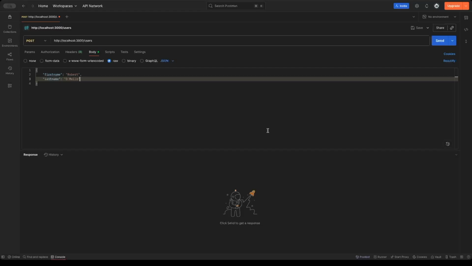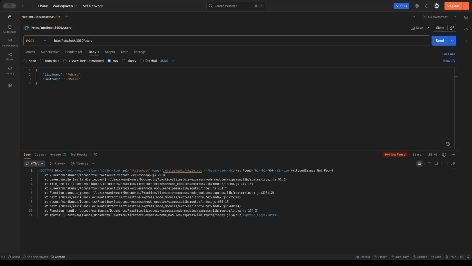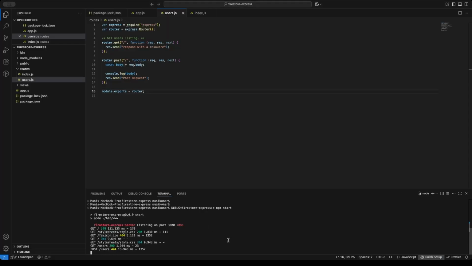I'm going to provide JSON. Let's hit send and see what response is returned back from our server. So I got the problem. We have to restart the server for the changes to take effect. So let's go back to VS Code. Let's go back to VS Code editor and let's kill the process